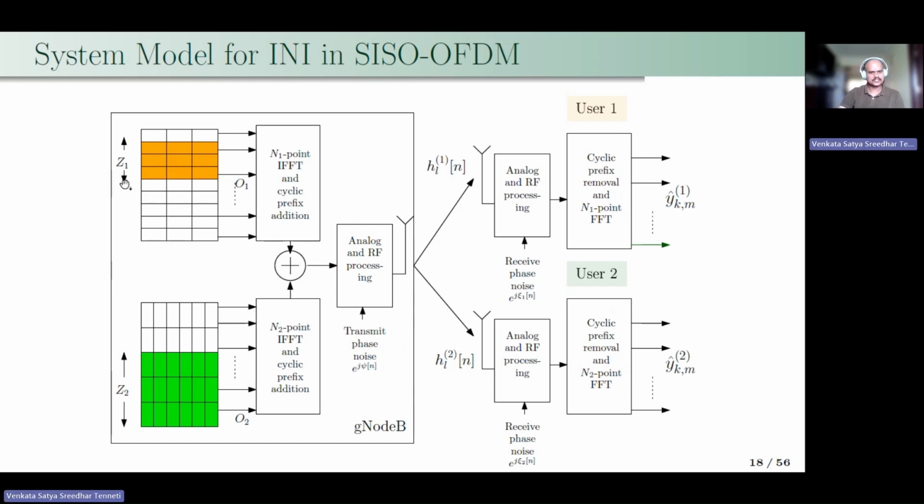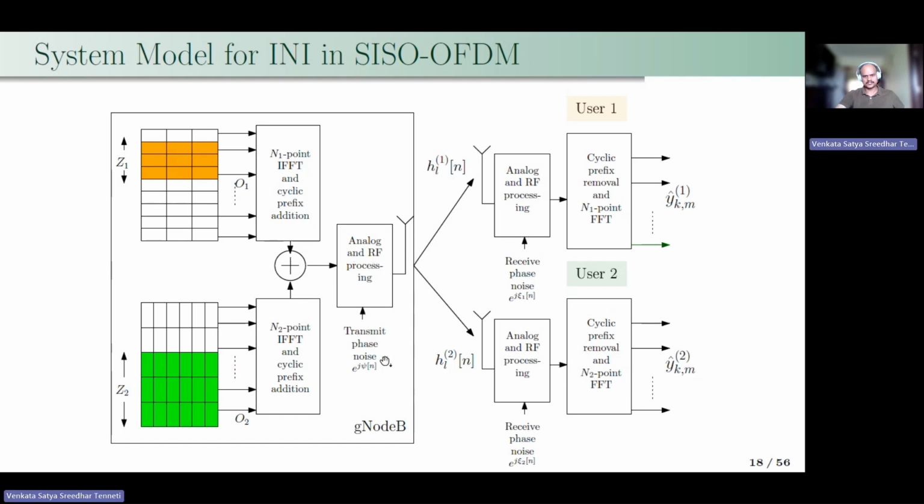User 1 uses Z1 subcarriers and user 2 uses Z2 subcarriers. The offset for user 1 is O1 and the offset for user 2 is O2. For user 1, an N1 point IFFT is computed, and for user 2, an N2 point IFFT is computed. And the baseband signals are added in the time domain and are processed by the analog and RF processing modules,